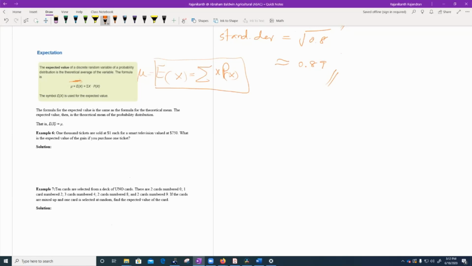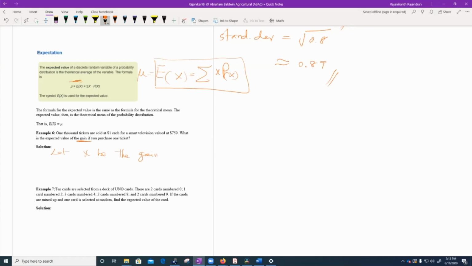So then let's look at this example 6. 1,000 tickets are sold at $1 each for a smart television valued at $750. What is the expected value of the gain if you purchase one ticket? Okay. So first of all, we need to identify the random variable here. Remember, they are asking us to find the expected value of the gain. So gain is going to be our random variable. So let x be the gain